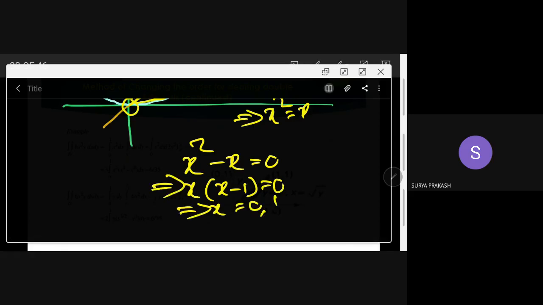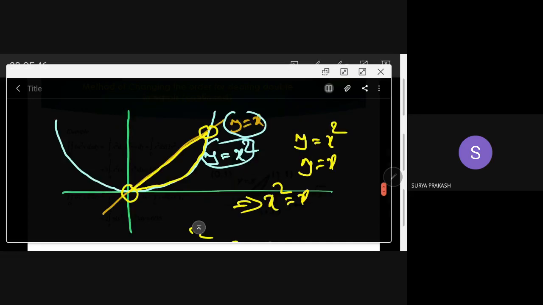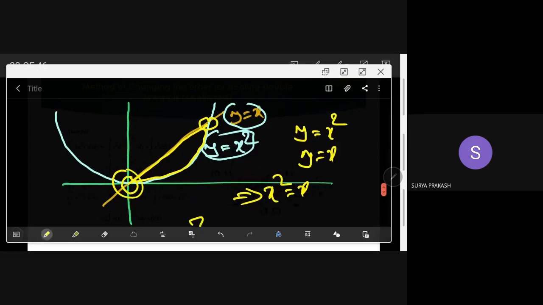So that is why here x is 0, here x is 0, here x is 1. So this is 1, this x is 1, this x is 0. Now if x is 0, you can put it in any of these two equations. You will get y. Y is 0 here. And if x is 1, you put it in any of these two equations, y you will get 1. That is why 1, 1 he got.